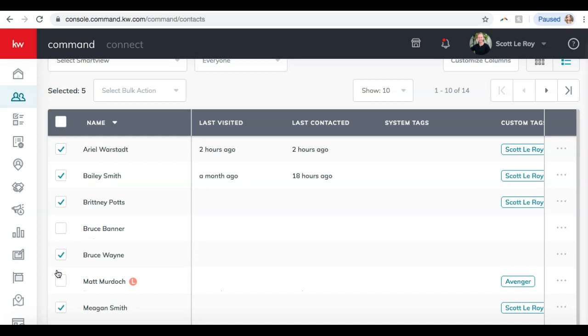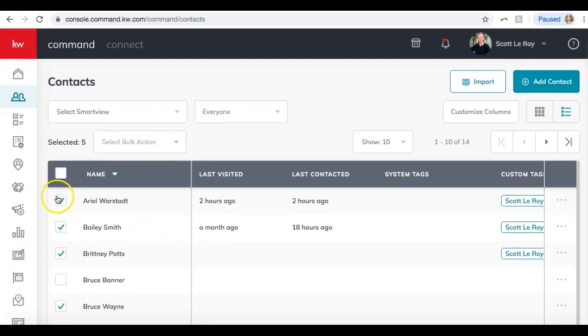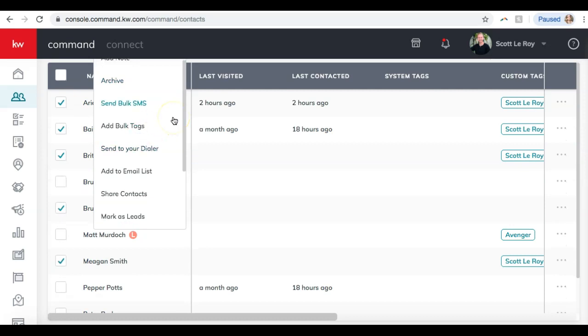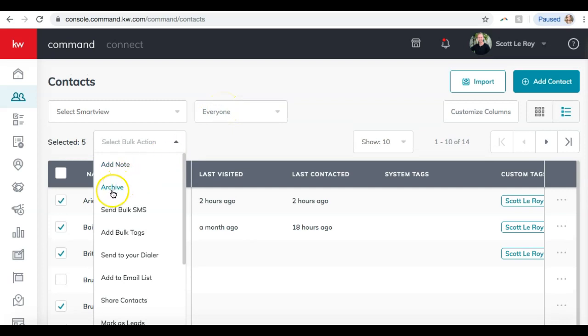So let's say I wanted to delete all of these people. What I can do is select the boxes next to their name, multiple people or just one person. I'm going to go up to select bulk action, and there isn't a delete option on here. We first have to archive them. So I'm going to hit archive,